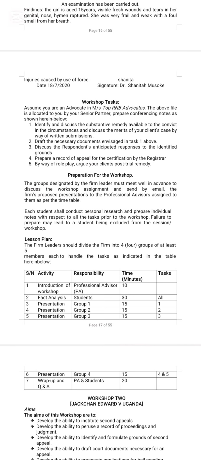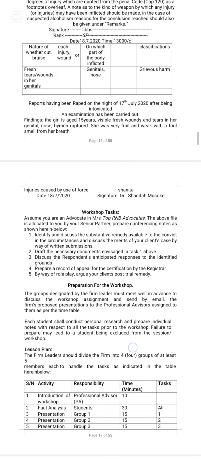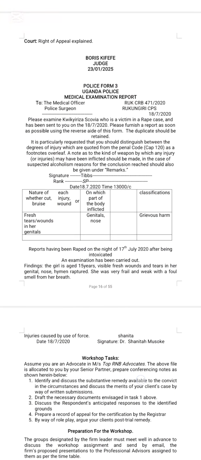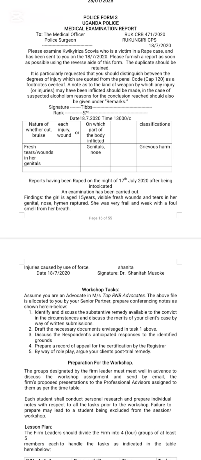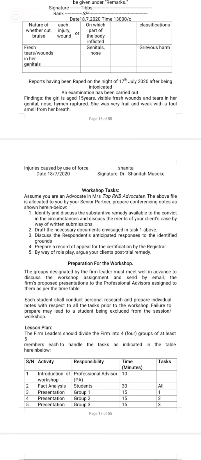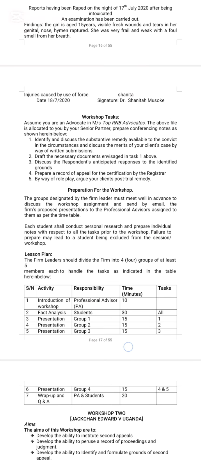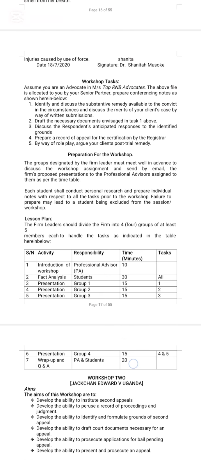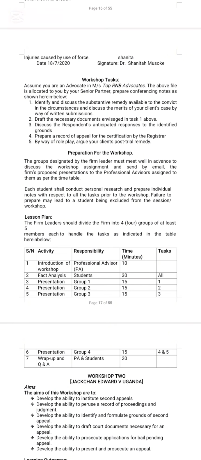So we shall draft a notice of appeal and a memorandum of appeal, in light of the fact that the judgment was passed on 18th, but I think these days have been revised. As long as you are still within 14 days, you can lodge a notice of appeal and a memorandum of appeal. If the 14 days have passed, you can seek leave to lodge a notice of appeal out of time. Prepare the record of appeal for certification by the registrar.